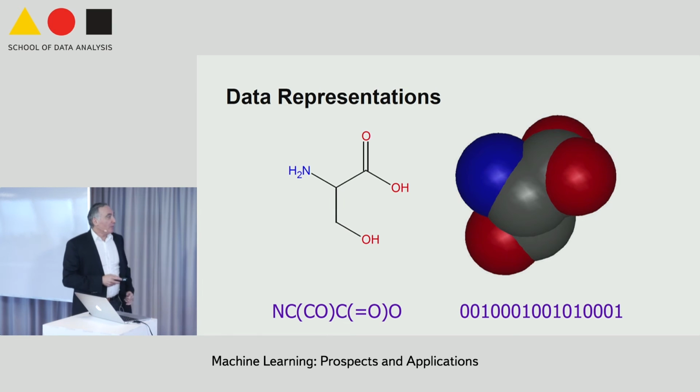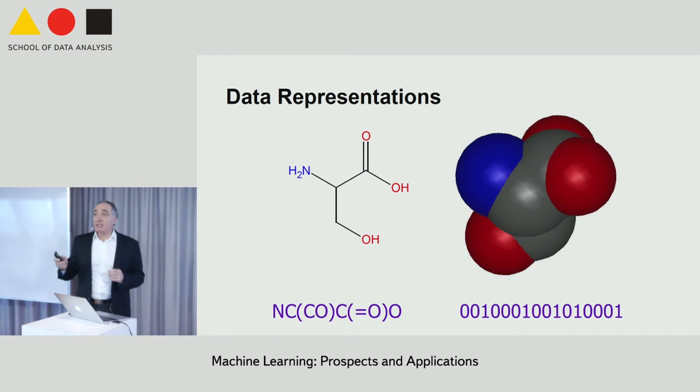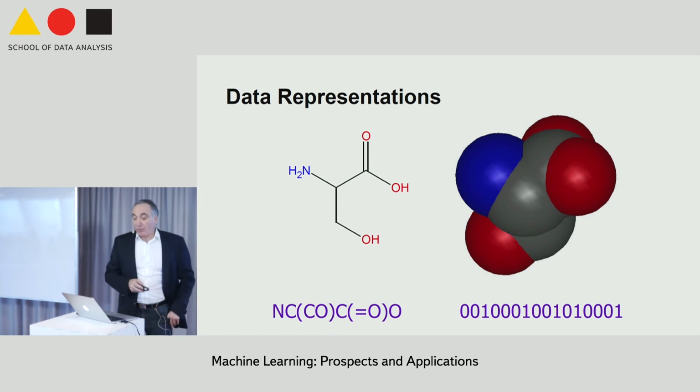Sixty years ago, when people started this, they had handcrafted features, so they were looking for a particular group, a carbonyl group, etc. Now we do this in purely combinatorial fashion. We take labeled paths of length 10: carbon, single bond, carbon, double bond, carbon, nitrogen, etc. All possible paths of length 10, labeled both on the nodes and on the edges, and use that as a basis. It's a large basis. It has 1 million, so you get a vector of length 1 million. Very sparse. But you can work with that.